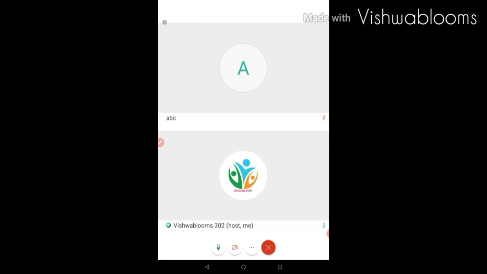Annotation spelling is this. For the students, it will get zoomed also, so sometimes you should be careful with that. Then if you want annotation, click yes or no. Then this button means it will get rotated for the students or the attendees, whoever is there. Then when you click on stop sharing, this screen will not be seen. Stop sharing it. It won't be seen now. Understood? This is all about sharing screen.